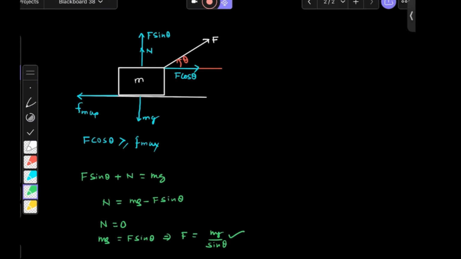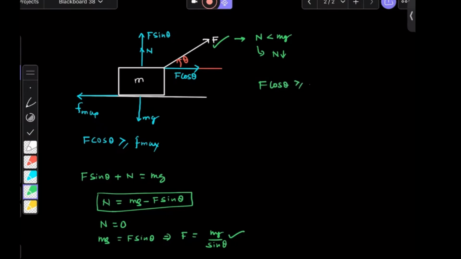So now what I have is normal contact force equal to mg minus F sin theta. So what you see, because of the way we are applying the force F, the normal contact force which was supposed to be mg in the absence of this force, is now lower than mg. So we are basically reducing normal contact force by applying a force like this. Correct. So that is the reason the maximum friction force that will come into picture will get reduced. Now F cos theta is supposed to be more than or equal to